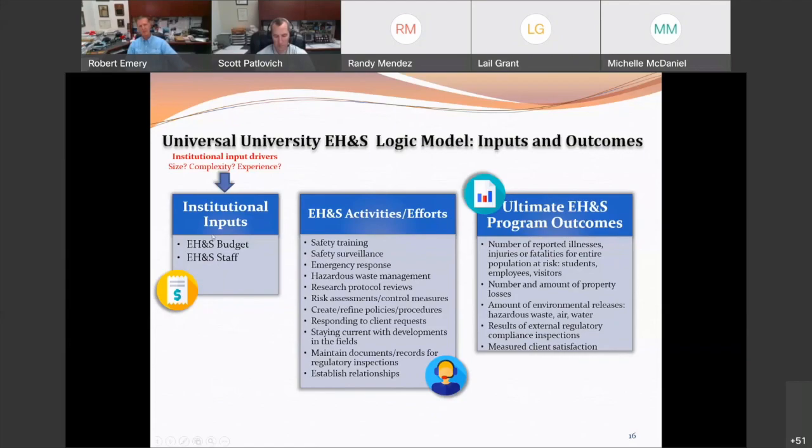Okay, so what we were very interested in is, what drives the inputs for the safety enterprise at a university? When we were doing the EH&S Academy live, we would have a room full of 30 people from all over the place, and we would ask them, who are you, where are you from? Kind of like what we did last week. And we'd ask them, how big is their institution? And we'd wind up with varying measures of bigness, whether it was how many buildings, how many students, how many employees, how many acres, and so on.